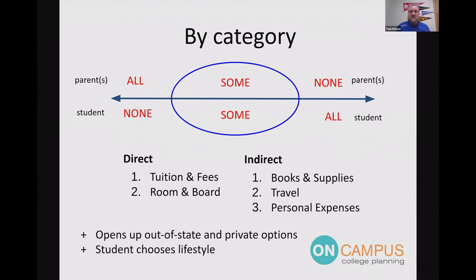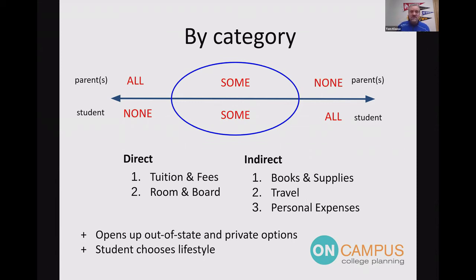Travel and personal expenses, obviously, those can vary a lot. But this is the one that the CLEASES use, because what it has done for us is we've said, we're going to take the tuition and fees, we're going to pay for your books, a little bit towards other kind of academic costs and a little bit of spending money, et cetera. But what that has done for our kids is it really opens up the out-of-state possibilities and private options as well. And we wanted them to really kind of poke their heads up and look around and not say, well, I got to pick the best college that's in-state and a public university.